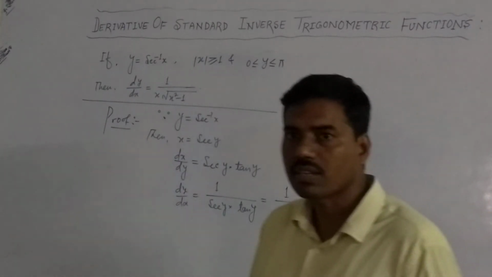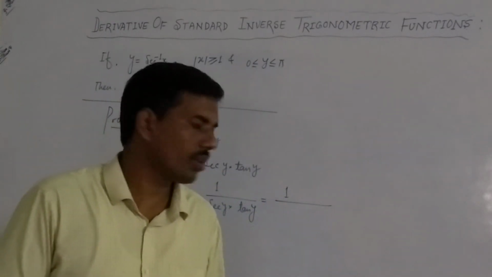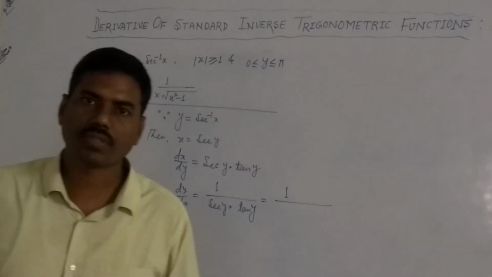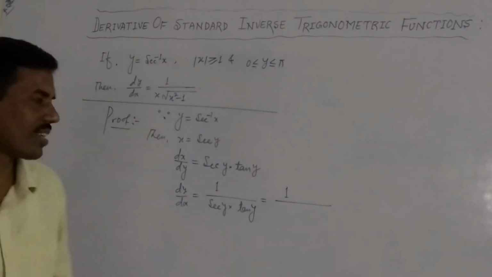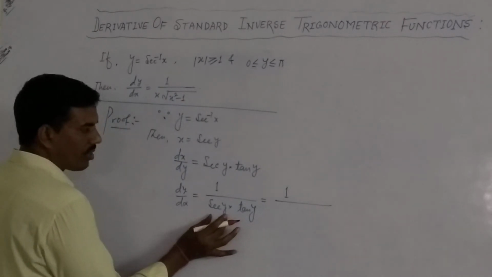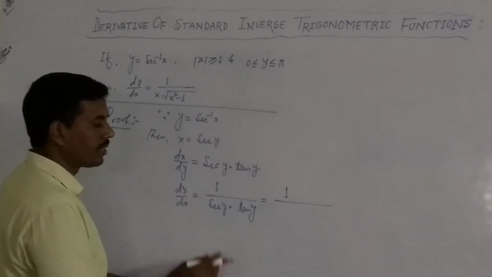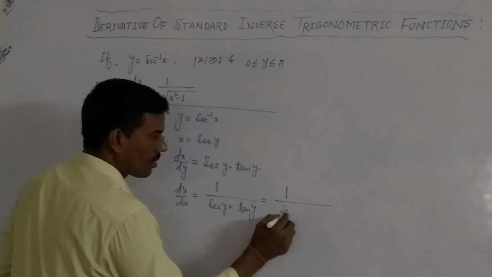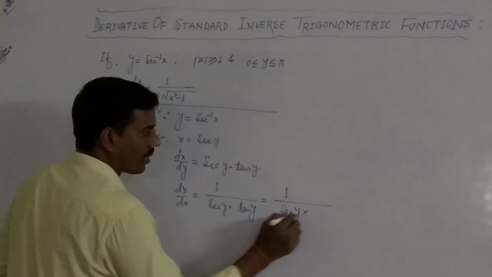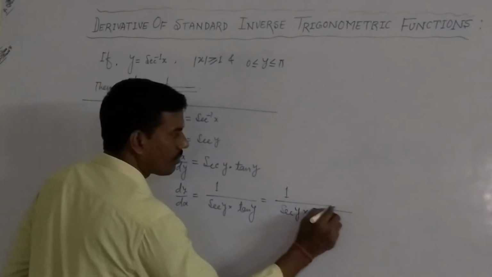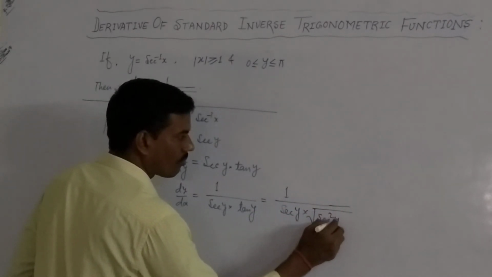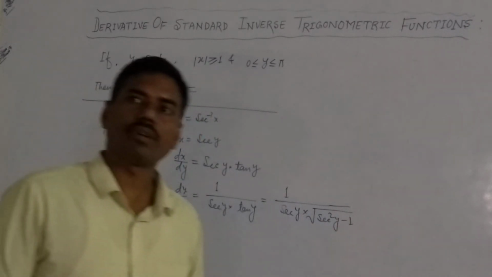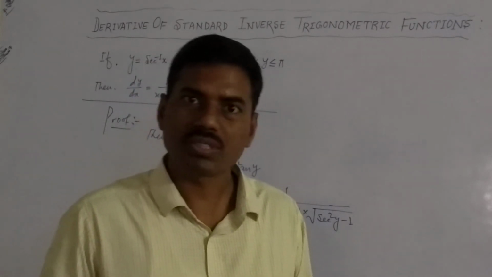ओके, सो हमें क्या करना पड़ेगा? पहले फर्स्ट ऑफ ऑल वी हैव टू चेंज tan y इन द फॉर्म ऑफ sec y. कैसे करेंगे? देखिए, इसको आप वैसा कॉपी पेस्ट कीजिए. क्यों? क्योंकि sec y को हम x से रिप्लेस कर सकते हैं. सो इसको आप लिख दीजिए means sec of y, tan y means under root of sec square of y minus 1. Since we know that 1 plus tan square is equal to sec square y,